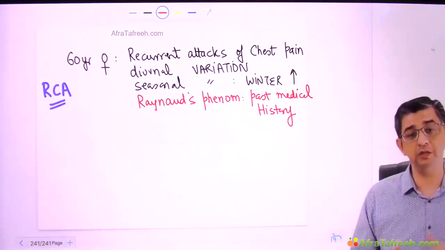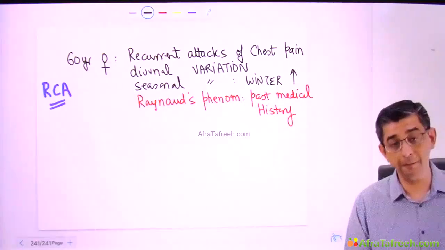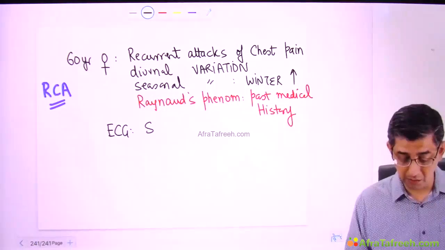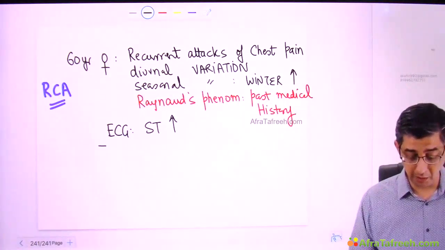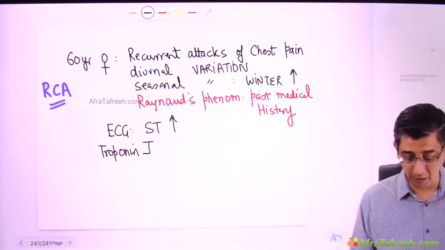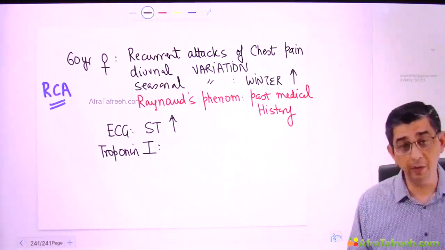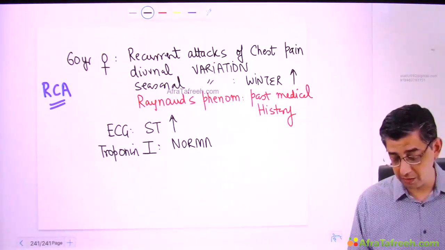Obviously, this was when she was relatively younger, and now she is having episodes of chest pain which are causing more trouble. So I said, okay, ma'am, let's do your ECG. And when I saw the ECG, it was showing ST elevation. My first impression was to admit this lady right away. She is suffering from ST elevation MI, but when I checked her cardiac biomarkers, troponin I, troponin T, whatever is available, the values of troponin I were surprisingly normal.